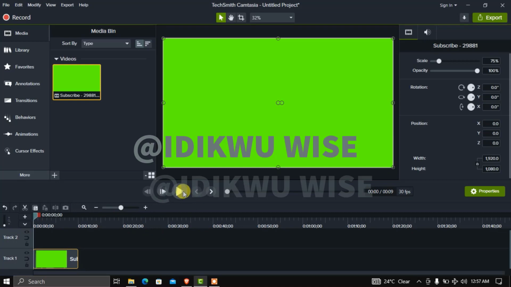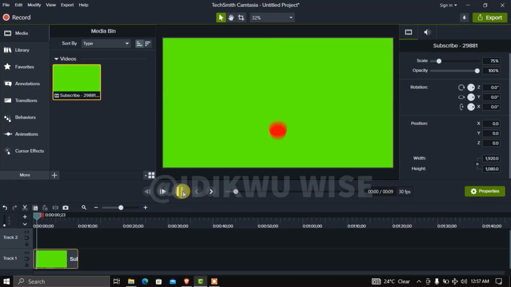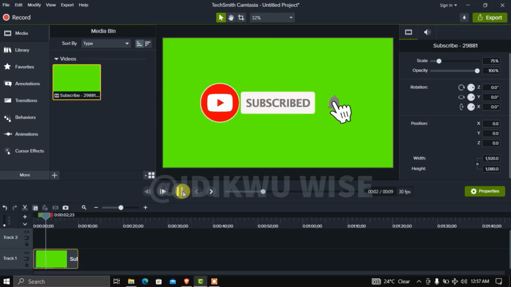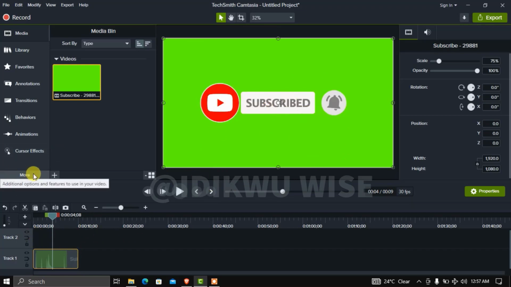Now if you preview it to see, we all know that you cannot make use of it using this background. So if you want to change the background right now to have only the image, you click on more,